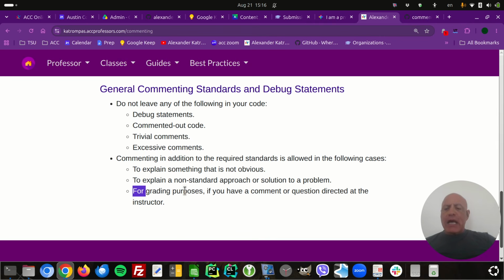Or you might want to put a comment in for grading purposes. We're in an academic environment. You're talking to me when you submit your code. So you might want to put a note in, for example, if there's a known bug. Like you have a bug in there, you couldn't fix it. It was 11:58 on a Sunday. You had one more minute to turn it in, and you shouldn't wait till the last minute. That's kind of your fault. But let's just suppose that's the situation. You might want to put a comment in to say, yes, I know this is here. I was trying to fix it, but I didn't get it done.